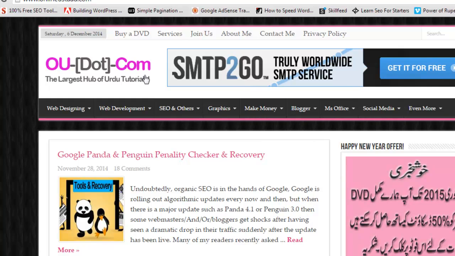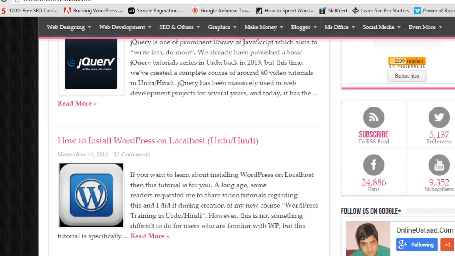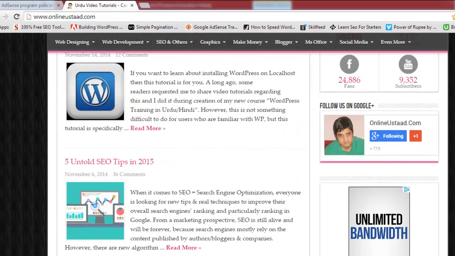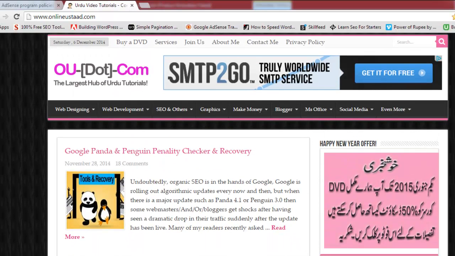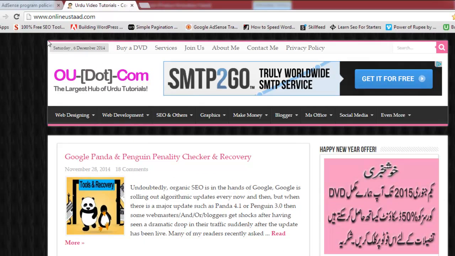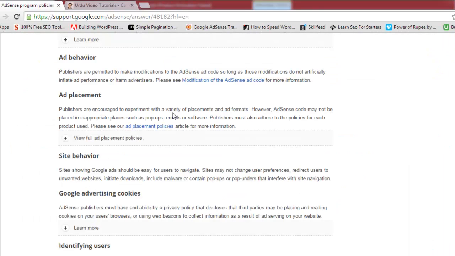Like if I add this ad very closely to this logo, people may click this ad accidentally. And here you can see I have space between these two elements, and here as well. So Google says that do not put ads in places where they may be clicked accidentally.